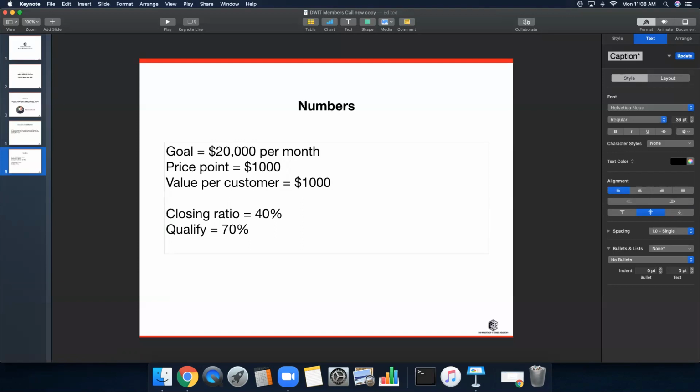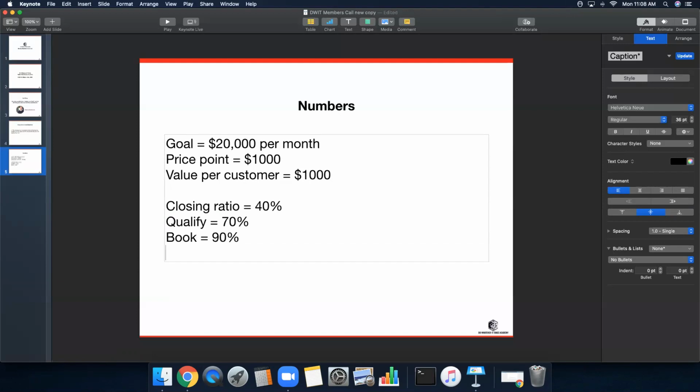And before qualifying, they're going to be booking. We typically get about 90% of the people who take this step. People who get to the booking page, 90% of them are going to book. But then we have register. Now we're looking at these numbers. Think about how this works out. There are calculators that you can plug these into. So, numbers and monthly goals.